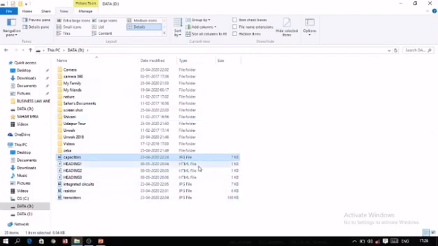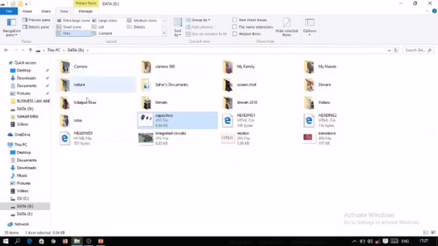Then it is given JPG, HTML file, JPG file, which means these are image files and these are HTML files. Then the size of the file is also given over here, that is, the size of this particular file, because right now I have clicked on the detail, so the detail information is displayed on the screen.